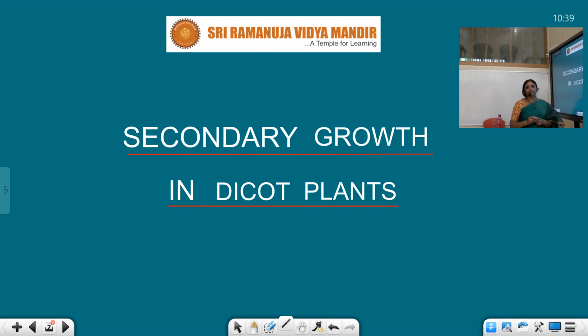Generally, secondary growth takes place in dicots and gymnosperms. A dicot means angiosperm is divided into dicot and monocot. So, in dicot it takes place, and in gymnosperms also the secondary growth takes place. But in monocot roots, monocot stem and leaves, secondary growth does not take place. But there are some monocot plants also, like palm tree, coconut tree, dracena, yucca, smilax. In these plants, anomalous secondary growth we can observe.